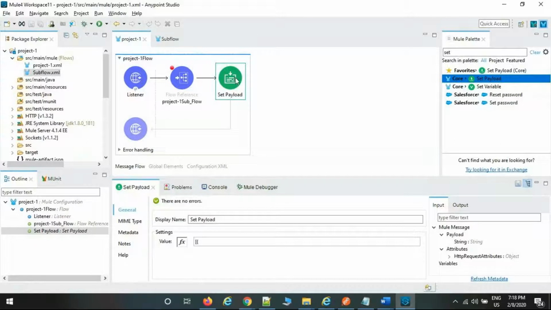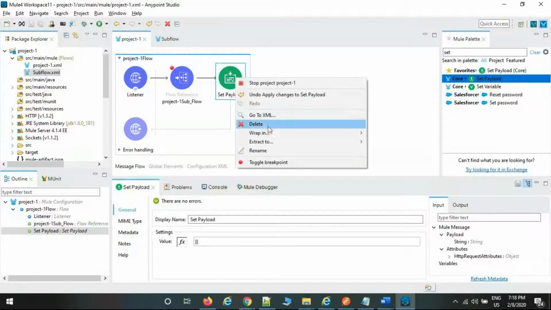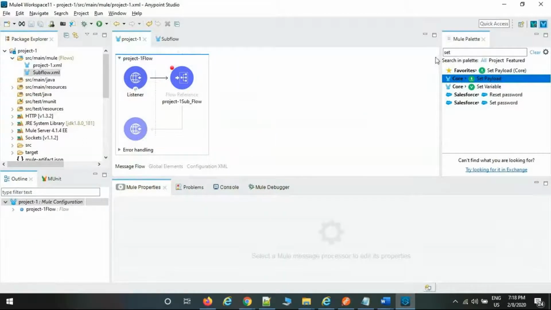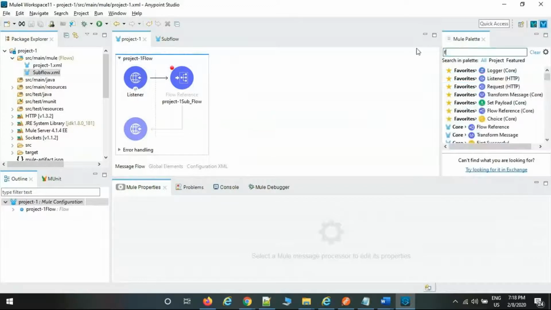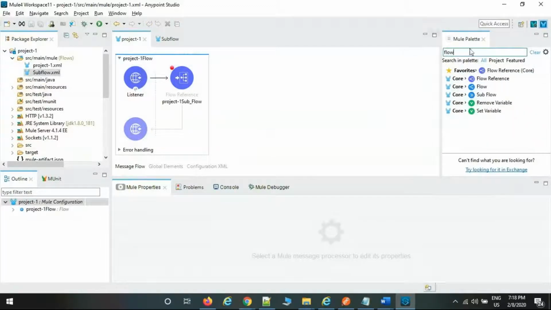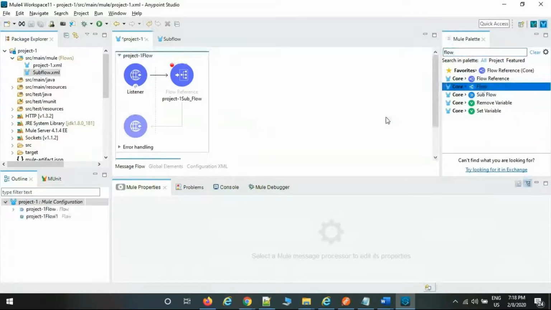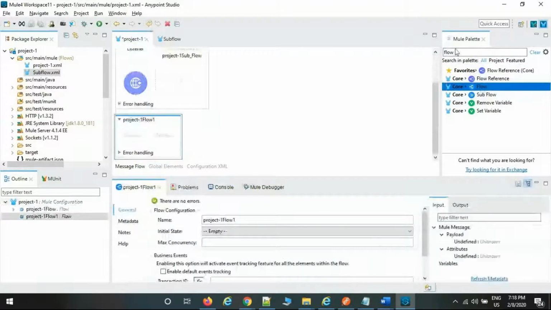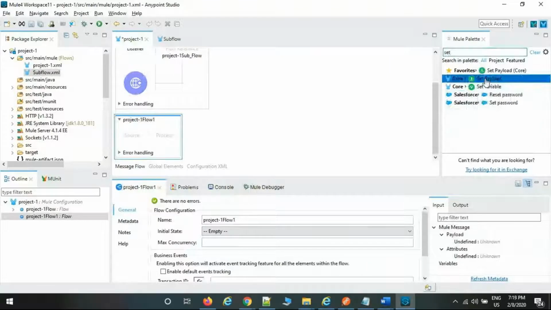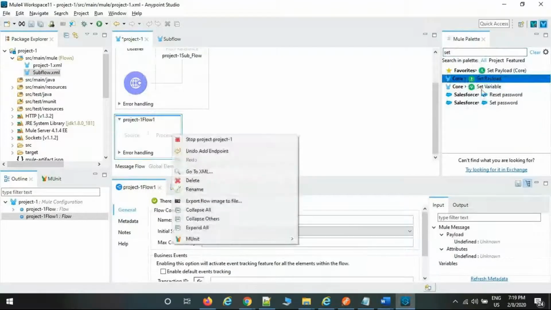The same way, if you want to implement it as a private flow also. Private flow means there is no separate private flow palette, just drag the flow palette. Now put one set payload here, drag the set payload.